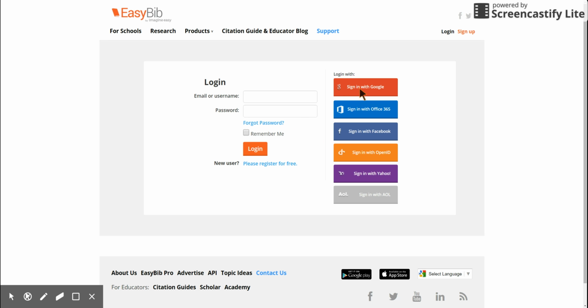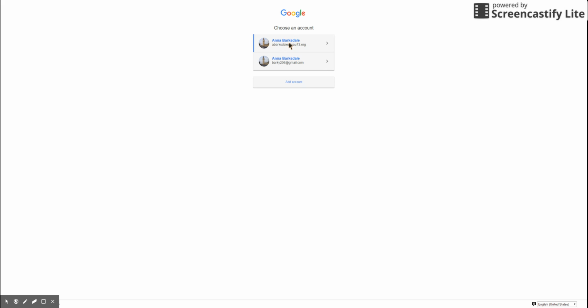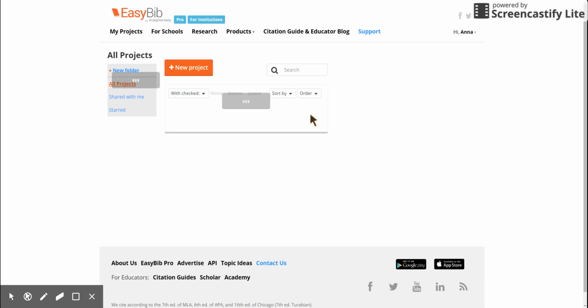Now, if you're at school, you can do this automatically, and it should take you right in, especially if you're on a Chromebook. If you are at home, you need to make sure that you go to google.com first and sign into your SAU73 account. Otherwise, it will not take you into the program because it is a service that is paid for by the school. So if you click sign in with Google and then click your SAU73 account, it should take you into